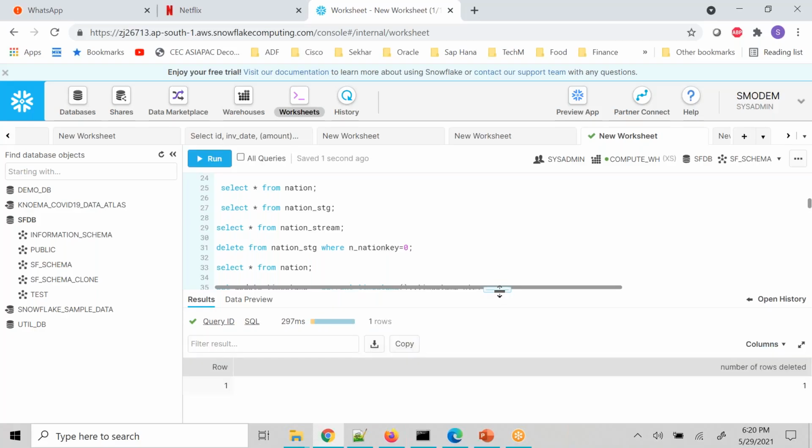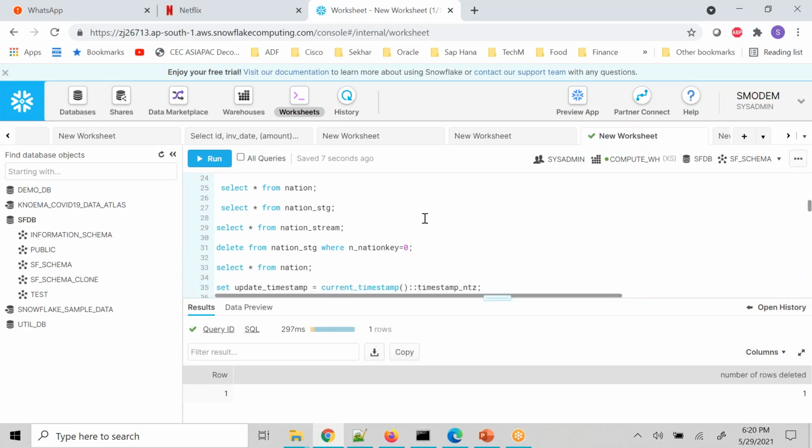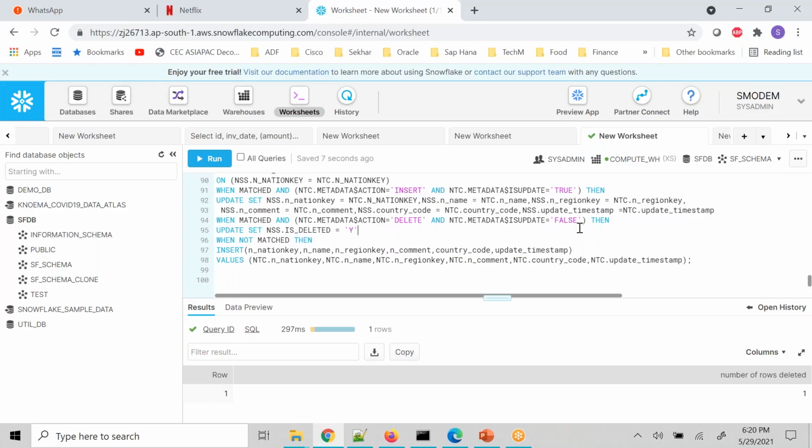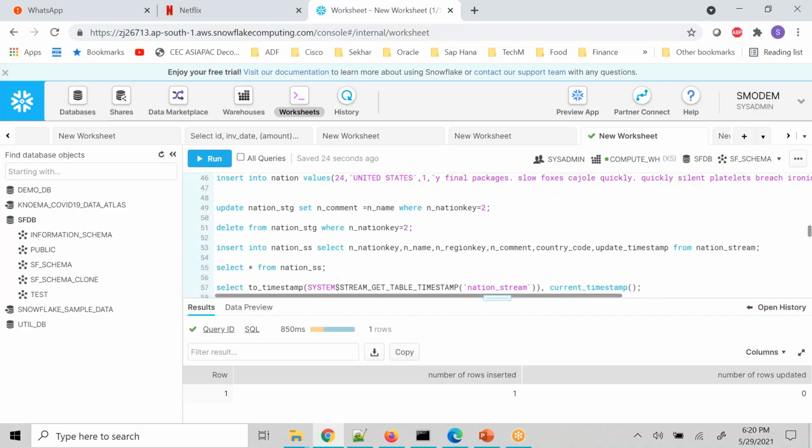Okay, one row updated, and if I go and do an update, it is going to fail. This one will fail. One record inserted because there is no matching, right? This is a bug in my code, guys. I should not have done the deletion part of it. So let's